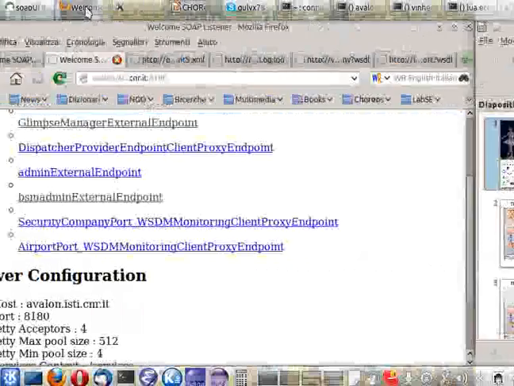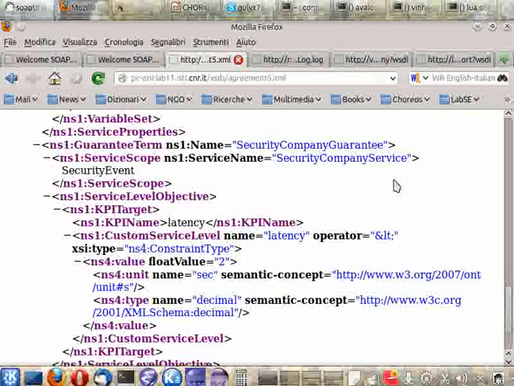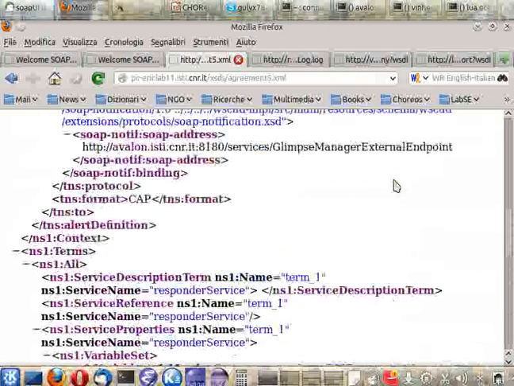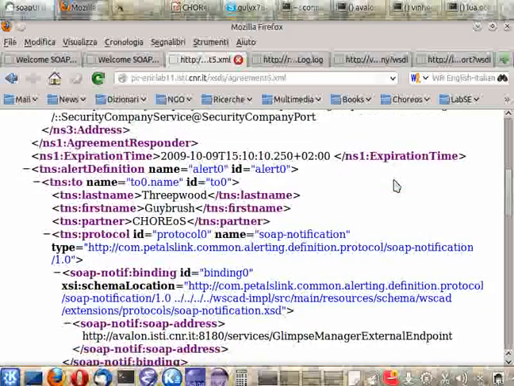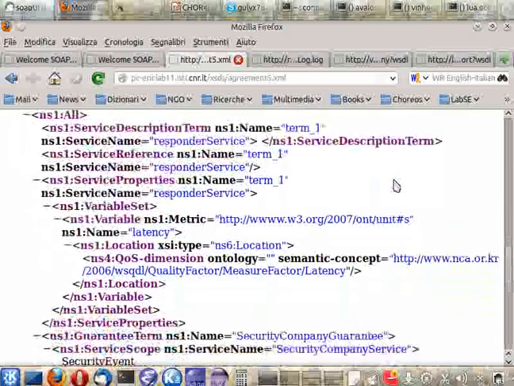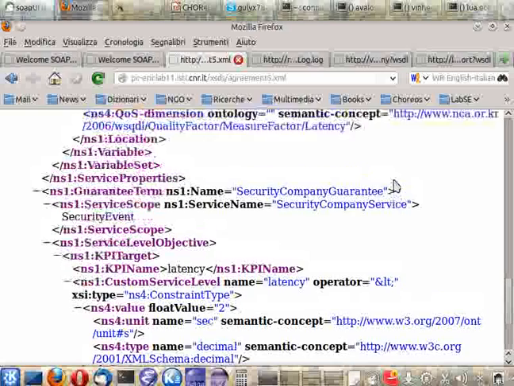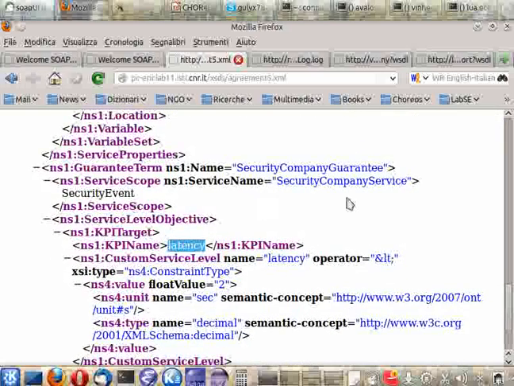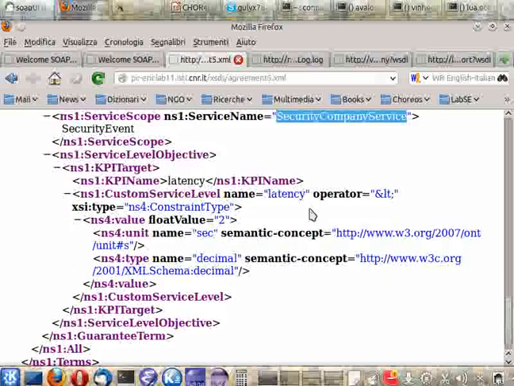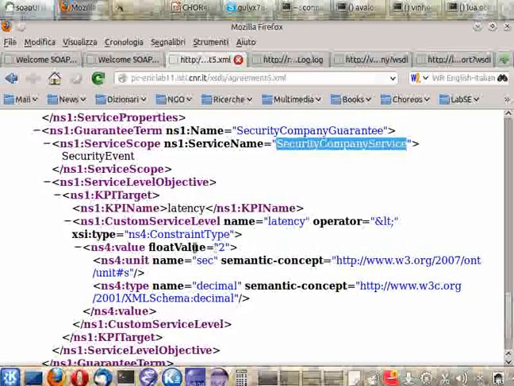So the SLA is located somewhere. Let me check. Okay, it is an SLA about latency that says that the security company service should interact with the airport service taking no more than 2 seconds.